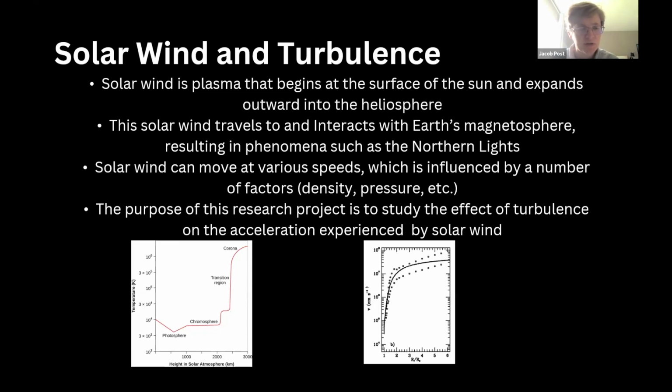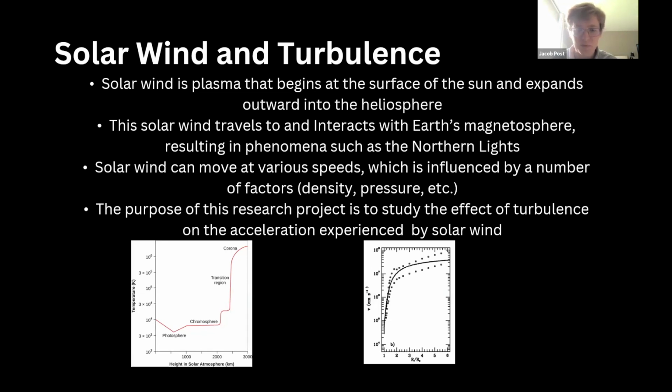One of them showcases temperature versus the height in the solar atmosphere. You can see that at the surface of the sun near the corona is where temperature is hottest. What this essentially reveals is that at this point, pressure will also be very high, which will lead to some form of acceleration